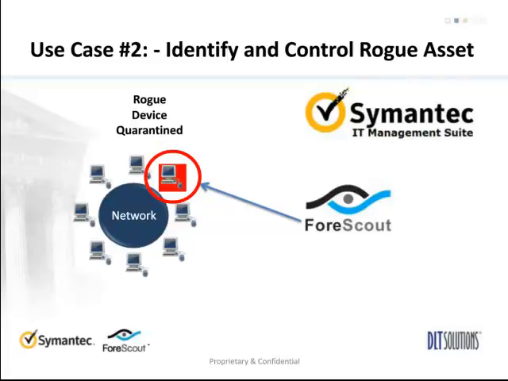What we can do is at that point of detection, we can circumvent or proactively augment that point-in-time scan by feeding that same rogue data up to an IT Management Suite or a ticketing system so that our operations team can take access and then quarantine and manage that device.